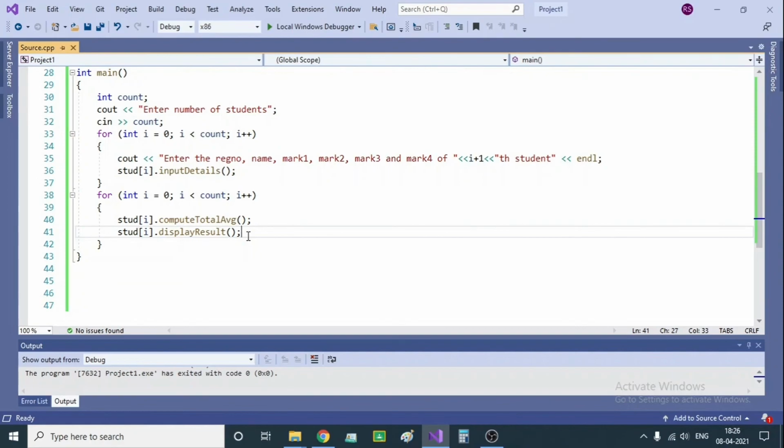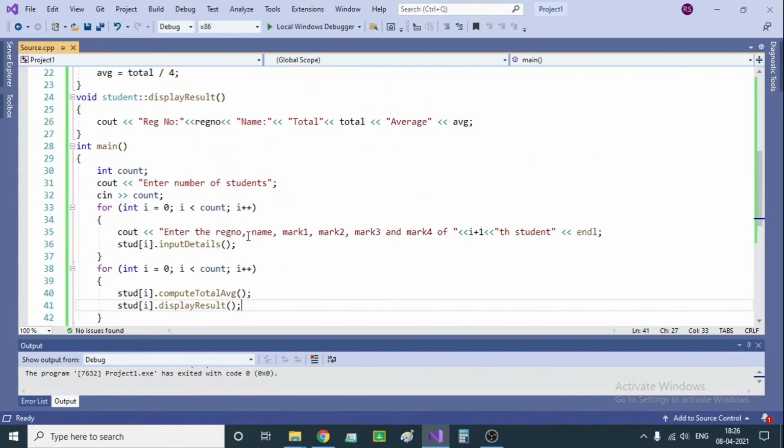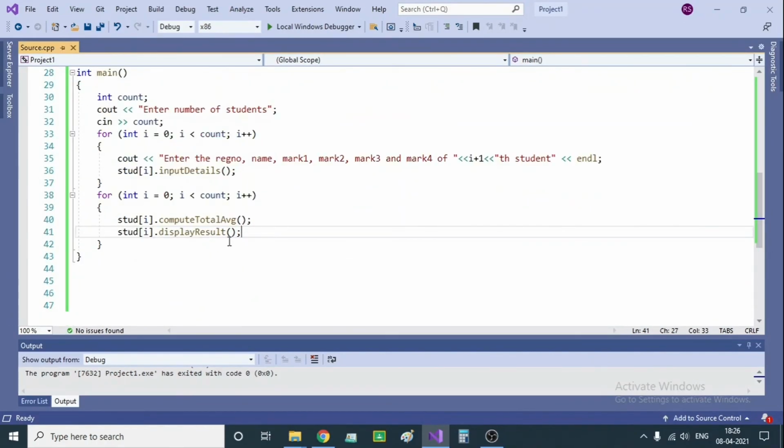For that, what is needed is that you just have to implement a sorting logic. In this program you can add a sorting logic, but here you should be sorting the object array itself. This object array contains the total, which is what needs to be compared. So you can do the sorting of this object array just like we do sorting of the integer array.